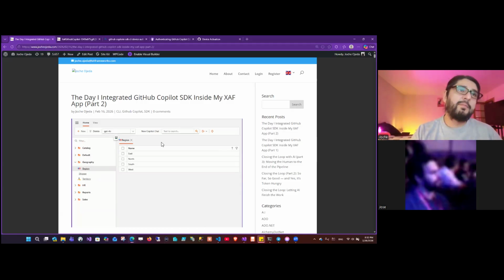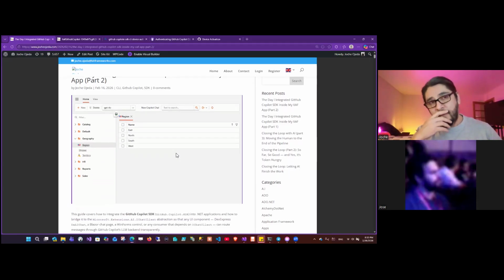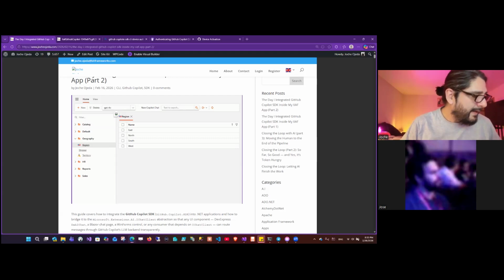As we have seen, it's really simple. We have the repo if you want to give it a try. You have the article if you want to read what it's all about. But you can ask at this moment, okay, what is the difference between just using the Microsoft AI extension with the OpenAI API? Well, in this case, there is no big difference because we are only using the chat completions basically. But I don't know if you have been checking the news lately, but there is a huge